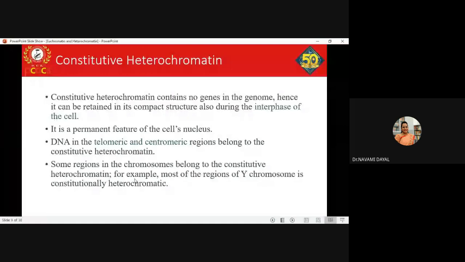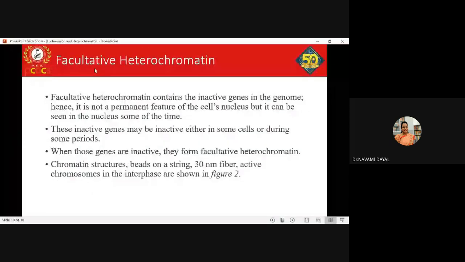Coming to what is facultative heterochromatin. Facultative heterochromatin contains the inactive genes in the genome. For example, some genes are inactive, not turned on at all times. Such genes, in that particular region, are called facultative heterochromatin. It is not a permanent feature of the cell's nucleus, but it can be seen in the nucleus some of the time. So for some time when genes are inactive,